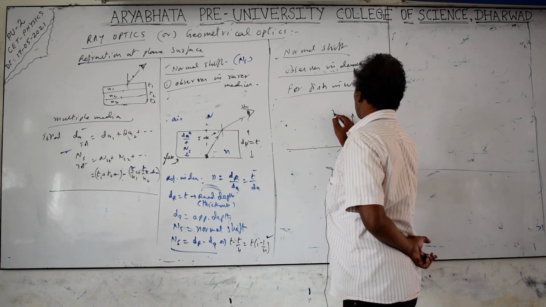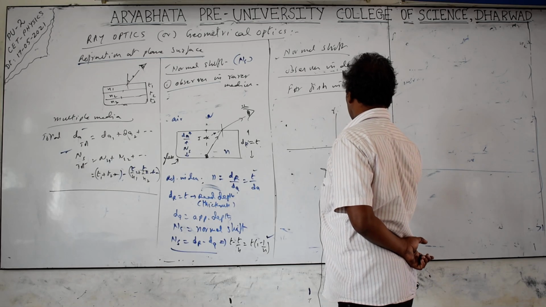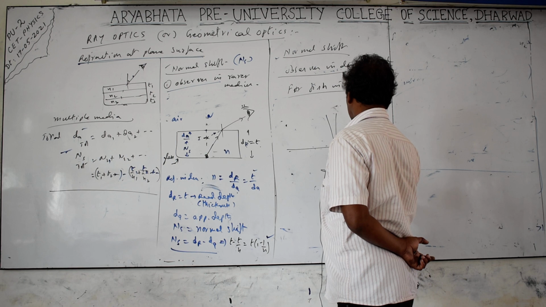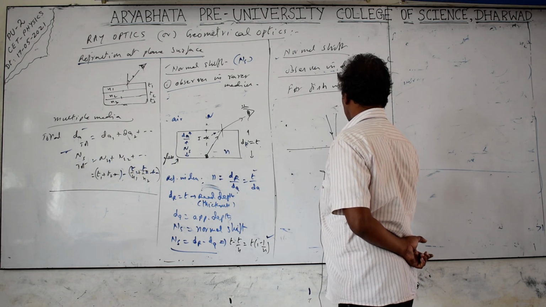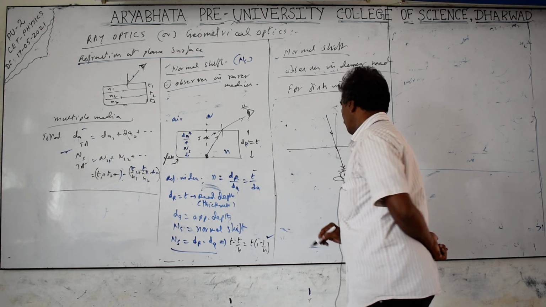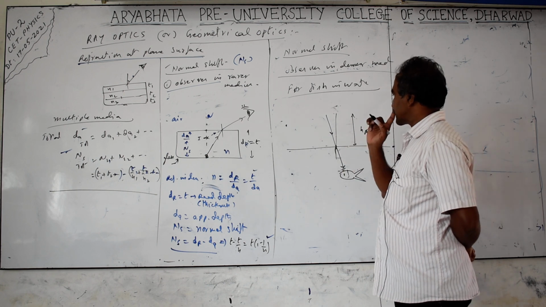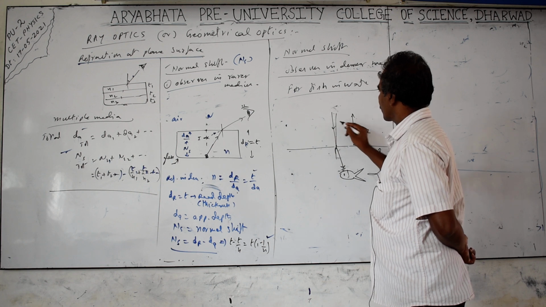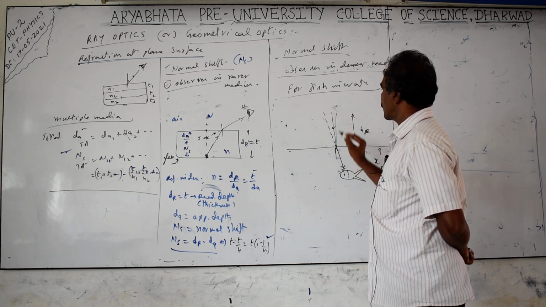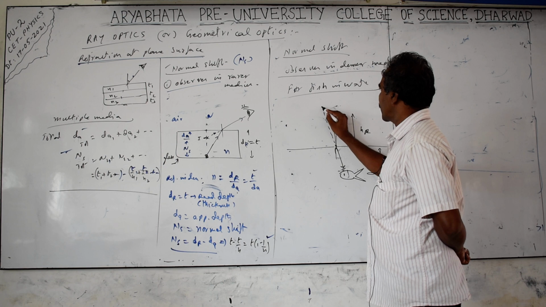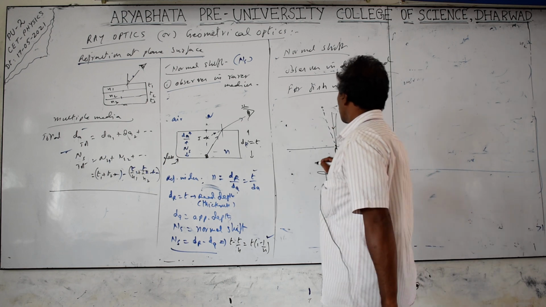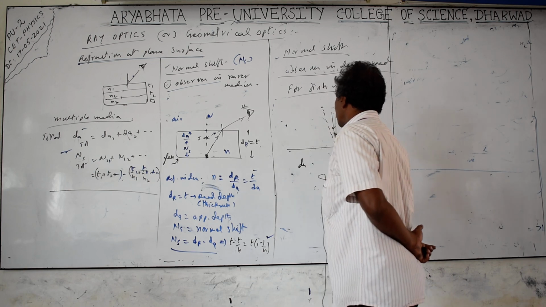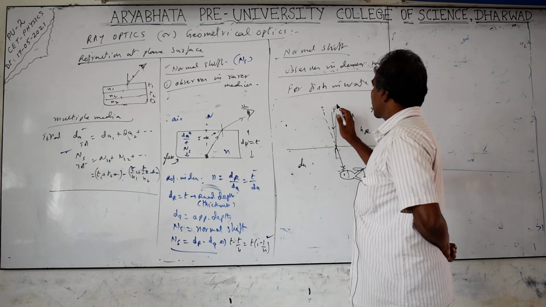So if the bird is flying, let us take a little angle. Normal. Light traveling from the object deviates towards the normal, so it reaches the fish here. This is the angle of incidence. But a fish sees the image coming straight and it appears to be at this point. These are rarer and these are denser mediums. When observing from the denser medium, the object is here but it appears to be present here.